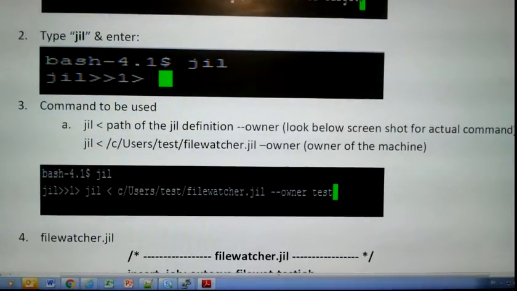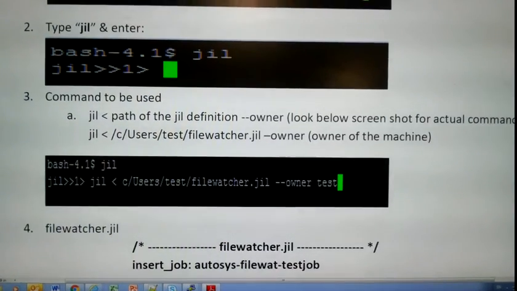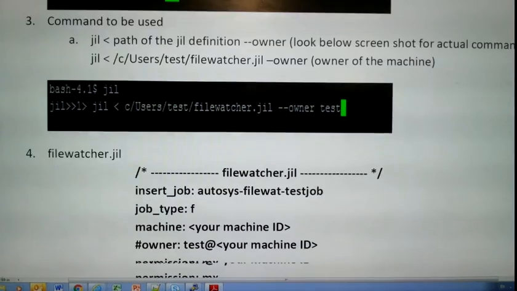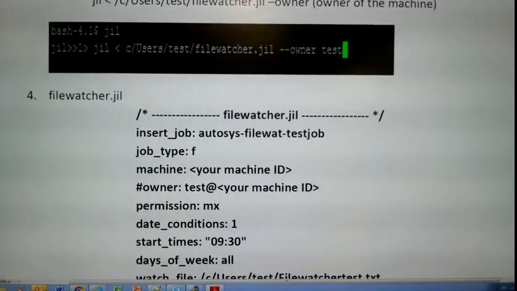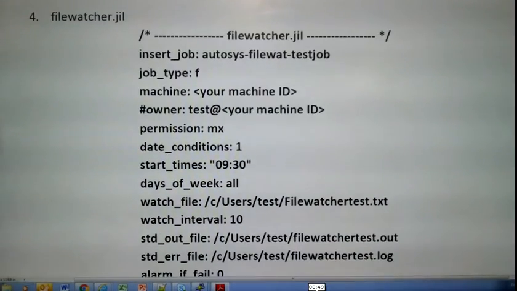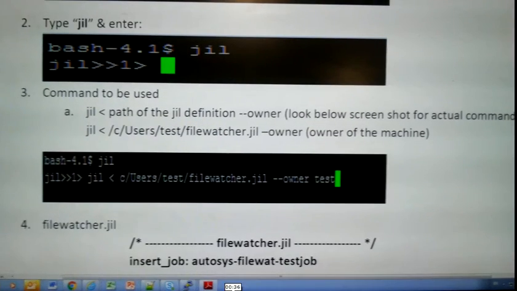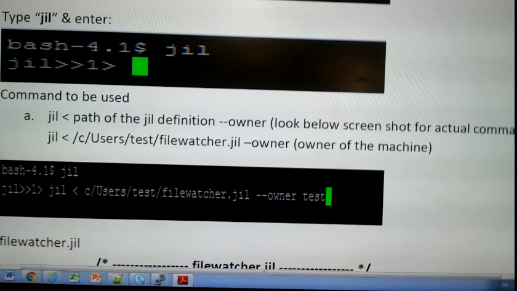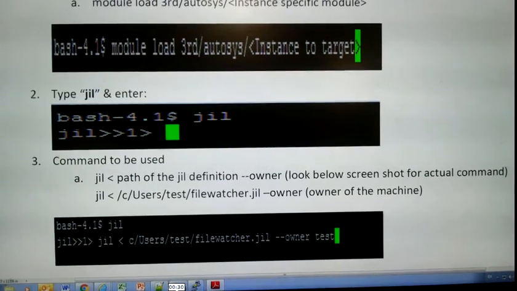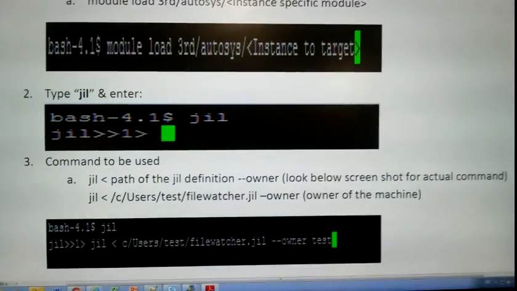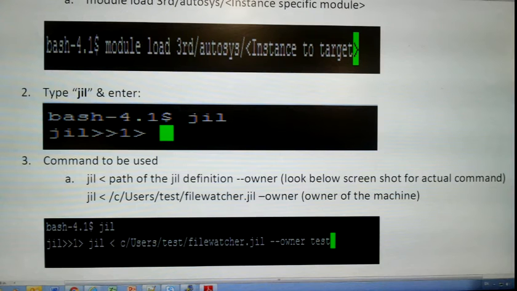There, in the command line, you have to type JIL and then press enter. Then you will be prompted to the JIL prompt, right? So after loading the module, you type JIL, as I mentioned in step 2, and press enter, and then you will be prompted to the JIL prompt, right?